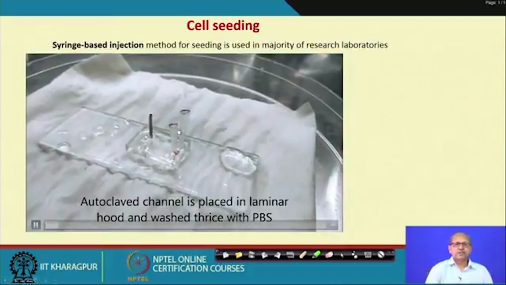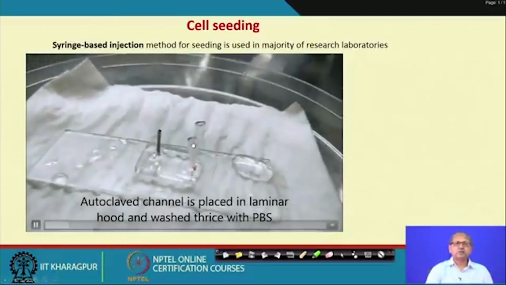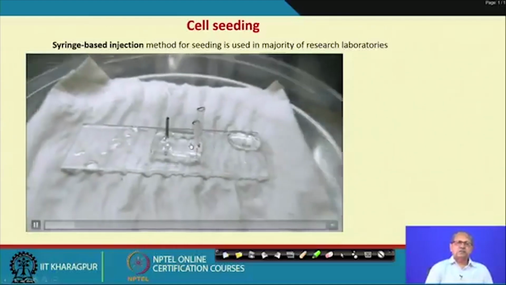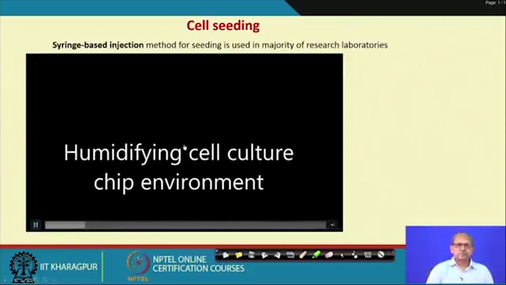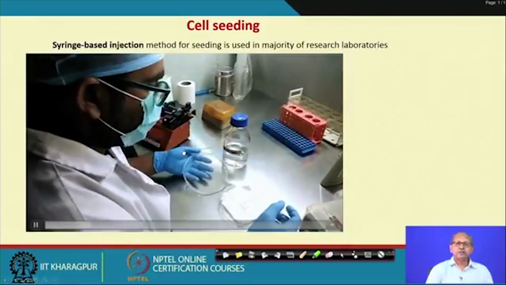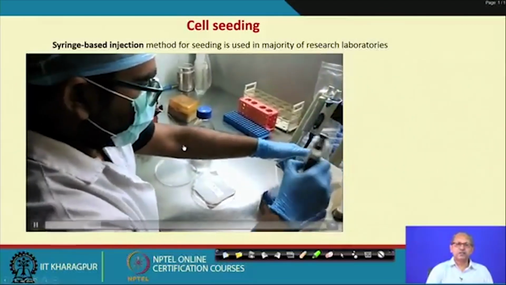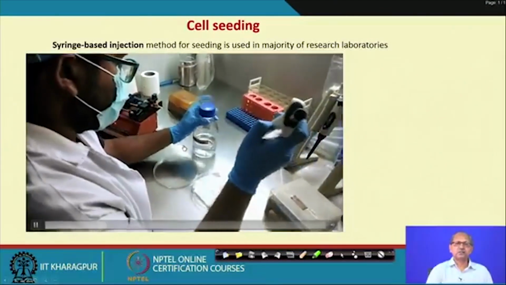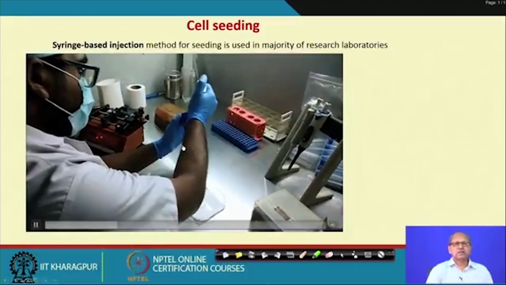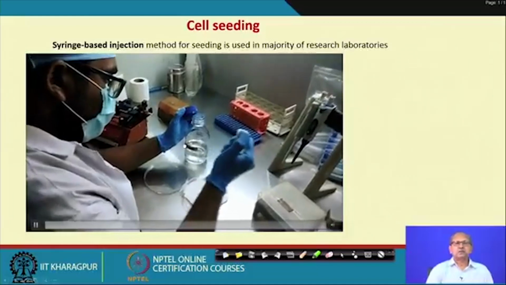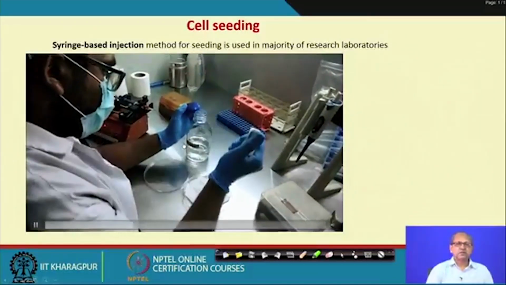So, we are putting that in the autoclave. The channel is placed in the laminar hood and flushed two or three times with phosphate buffered saline. Then it is humidified, because we know that humidification is very much essential to maintain humidity around that fluidic channel and the surrounding. So, we are soaking that tissue paper with around 200 microliters of distilled water,